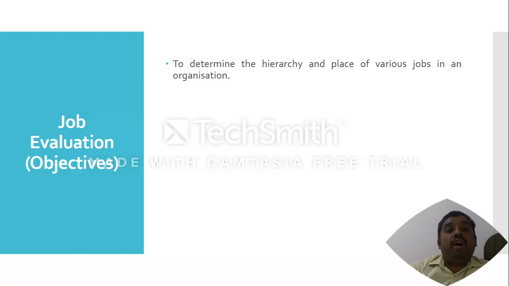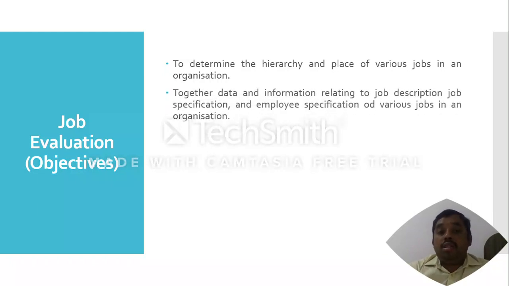They will classify it clearly in this job evaluation. That is what it says: to determine the hierarchy and place of various jobs in an organization. And also, they evaluate through the committee and prepare a job description. This is a very important concept. And next, it says